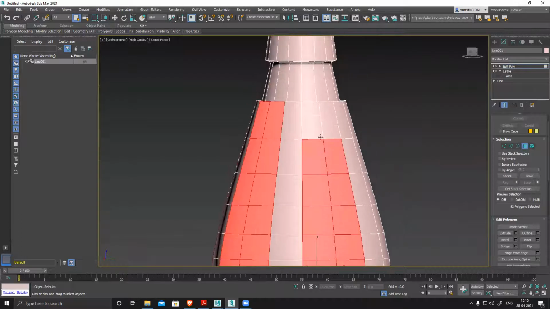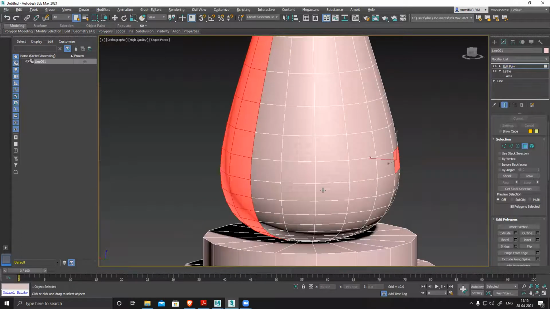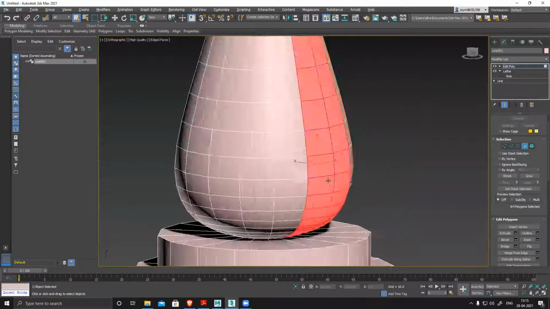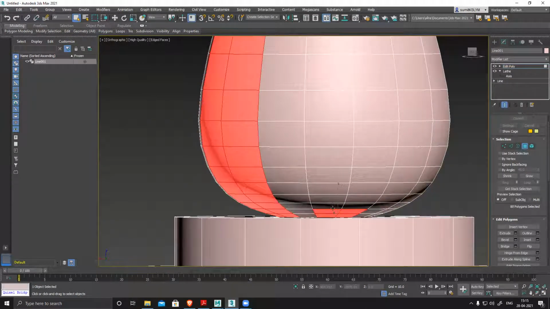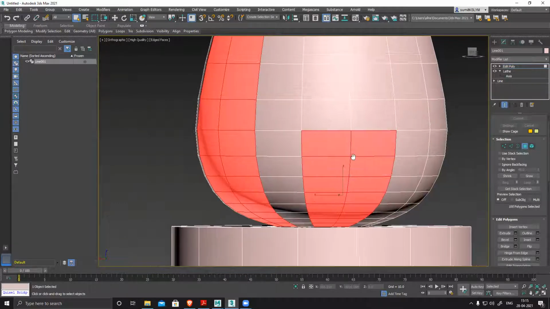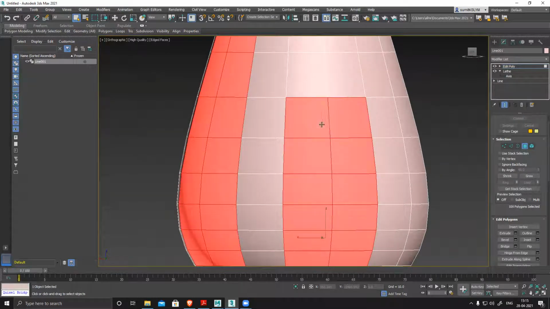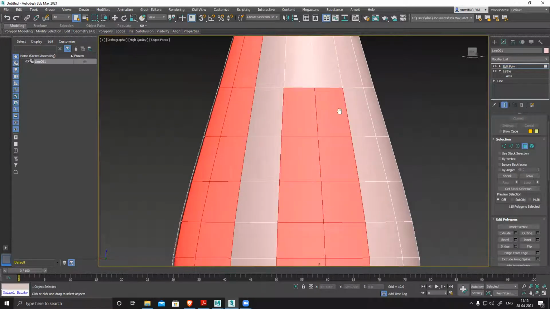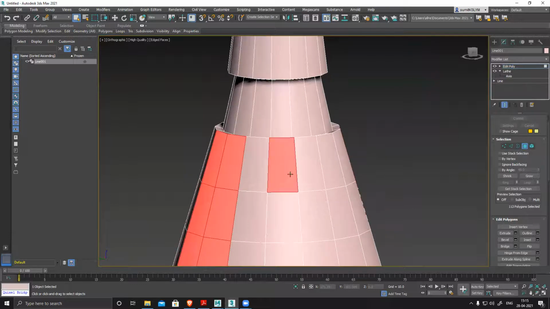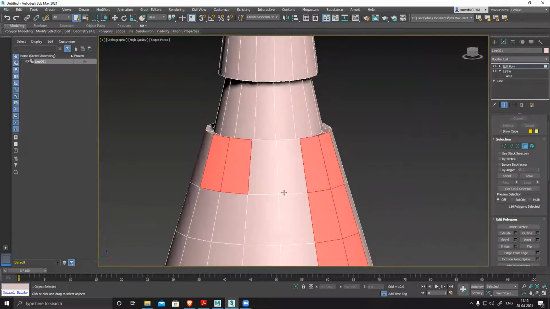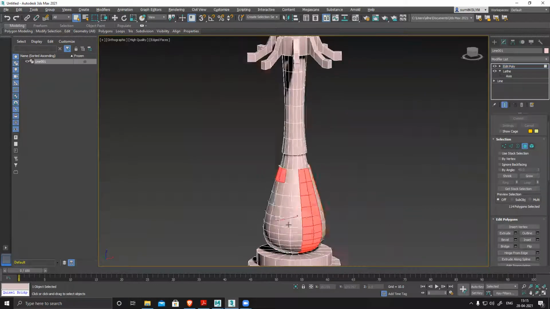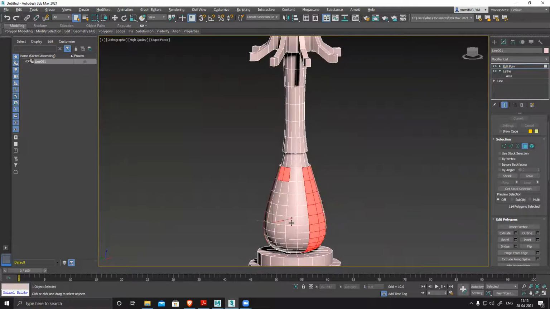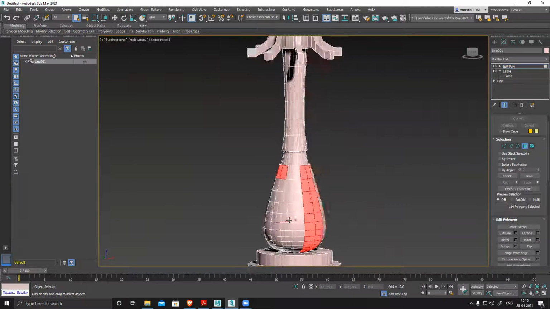Hopefully the points are even throughout, because I haven't checked it. Yeah, see, it's not even. There's one more loop required, or maybe one less loop.